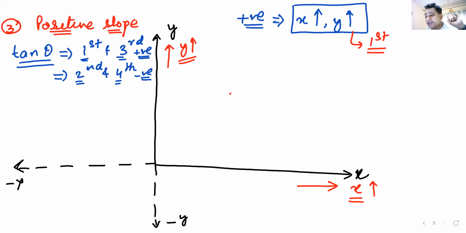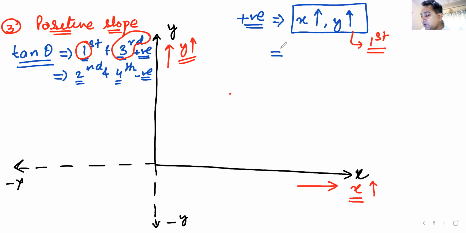X increases, y increases, that is a positive slope graph. We talked about two quadrants, the first quadrant and the third one as well. What will happen in the third quadrant that makes the slope positive? I repeat my question. What happens in the third quadrant that makes the slope positive, and then what decreases? Santosh, what decreases? Tell me what decreases.